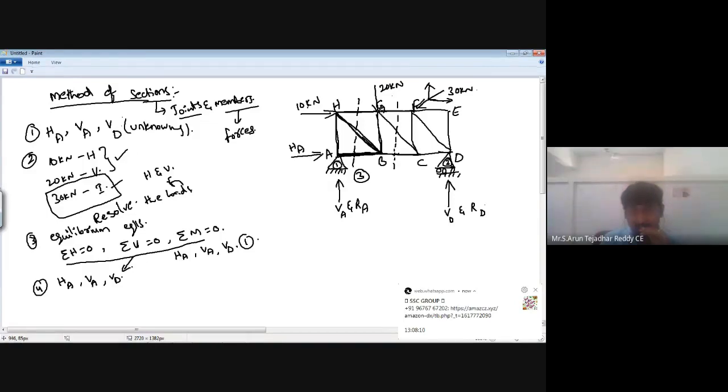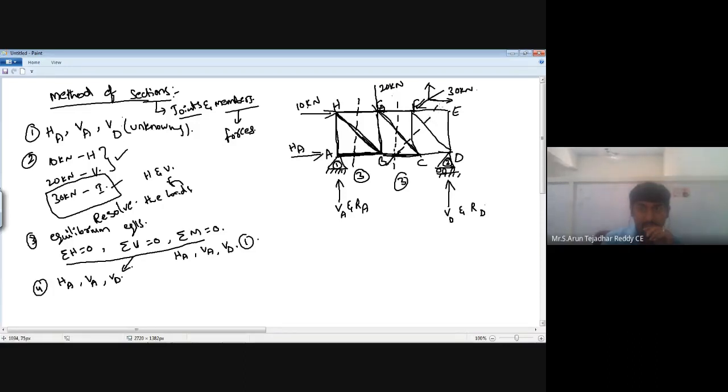G, C, C, B. So this is also passing through 3 members. And suppose if I take 1, 2, 3. See here, if I take